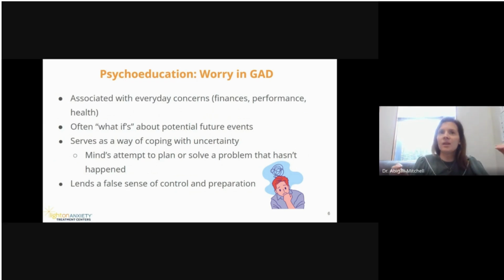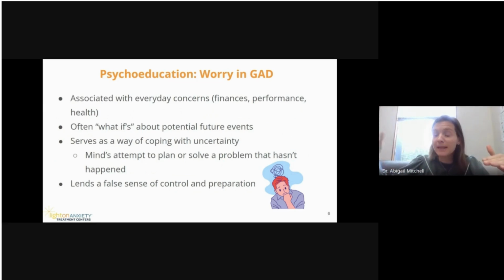And the big thing that I tell clients is that people hold some false beliefs about worrying. We assume that worrying helps us prepare for things. So if I can anticipate what's going to happen if I fail that exam, the domino effect is going to prevail, and then I'm going to fail that class, and it's going to ruin my semester grade, and then my GPA is going to be ruined, and then I might not get into that college. So